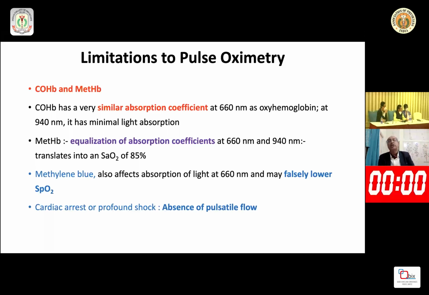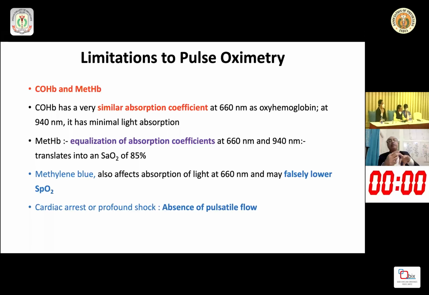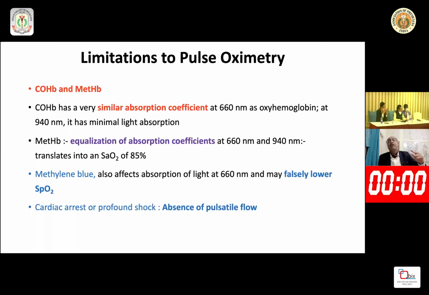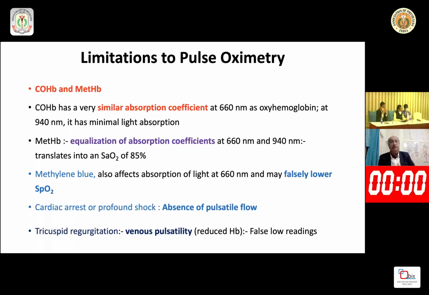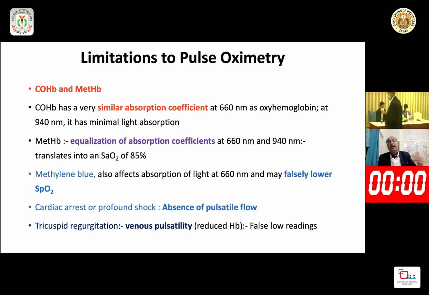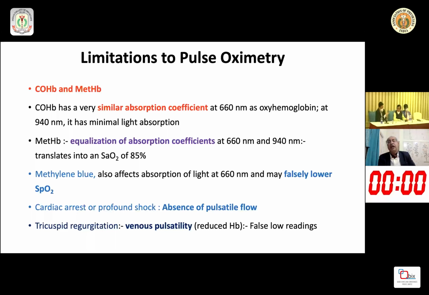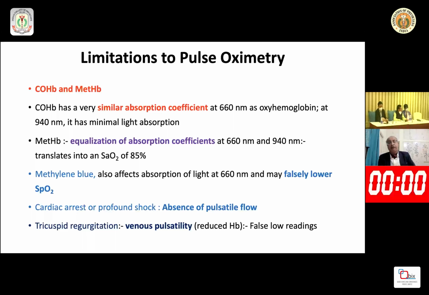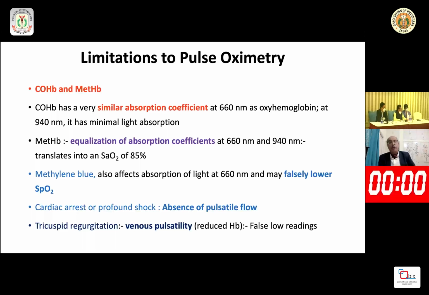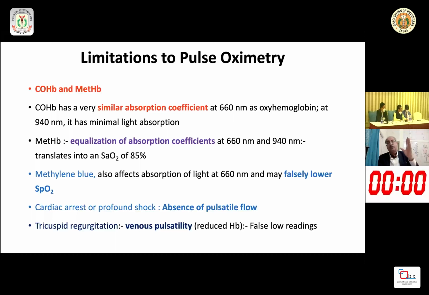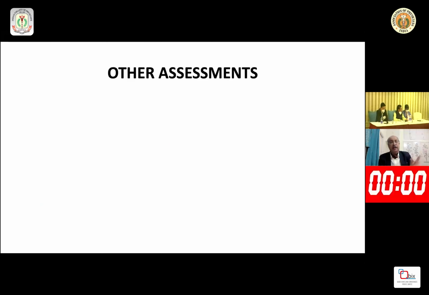That's what COVID has taught us. It should ideally be measured on the middle finger because it has a dual supply. It should be warm, and wait for a minute or so. After a minute, then you look at what the pulse oximeter shows. Similarly, if somebody has an underlying cardiac disease, particularly where pulsatility is very high, you can have a low reading. Therefore, if you are finding low readings which are not consistent, or if the reading is low and the person is warm, please try to rule out hemoglobinopathies and look for the saturation gap. And if the difference between SaO2 and SpO2 is more than 5, it is abnormal.